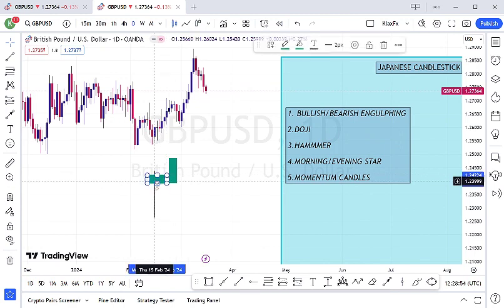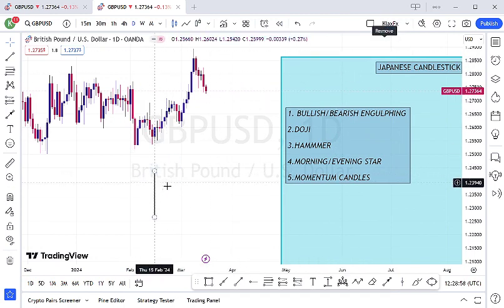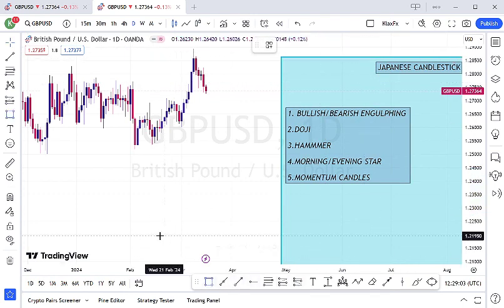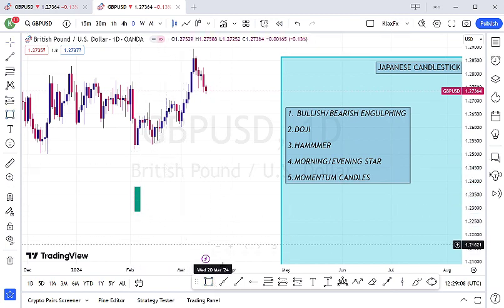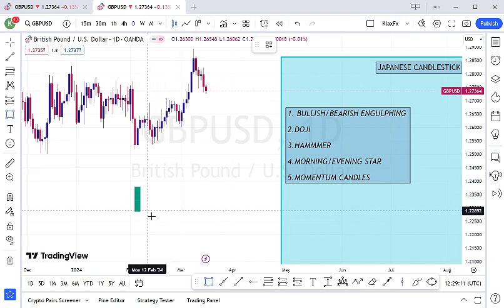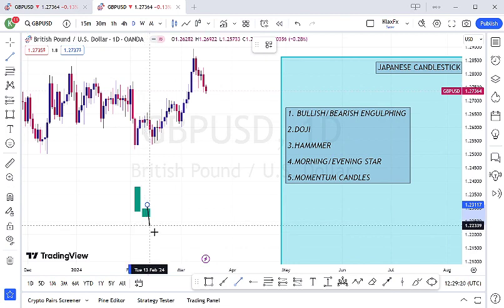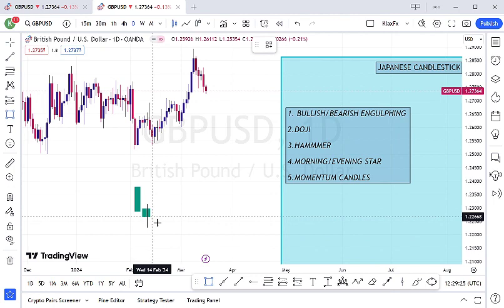Okay, so this is a reversal candlestick pattern. So just like this thing. Okay, so you can actually have a doji or a hammer, something like this. So you have something like this. This candle is coming down, and you have another one like this. So this could actually be a doji or a hammer at this particular point. You can actually have a doji or a hammer. You get, then you now have a next candle, something like